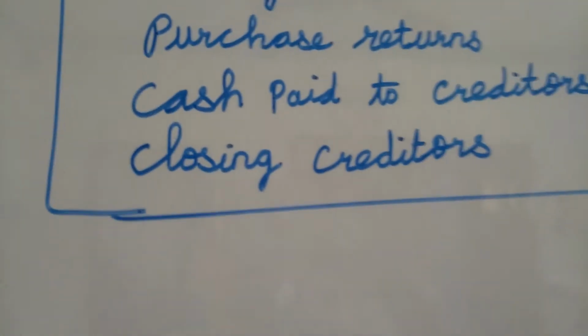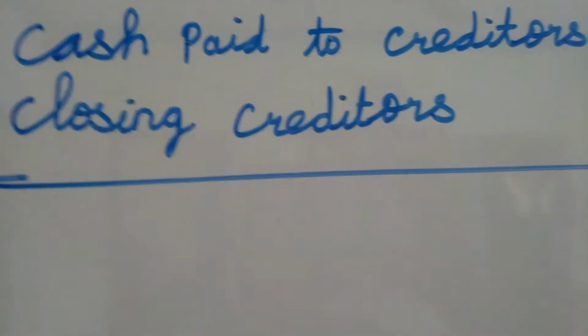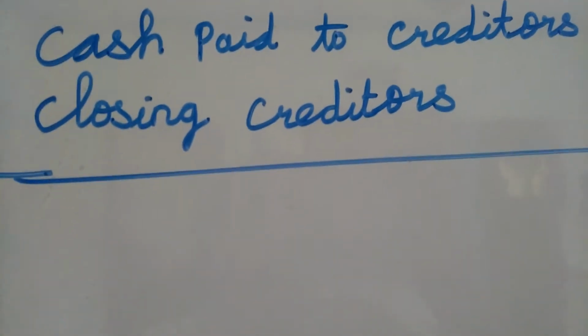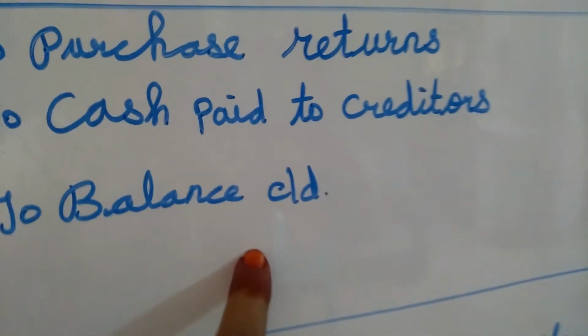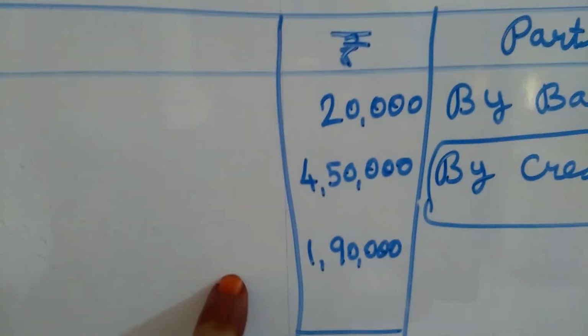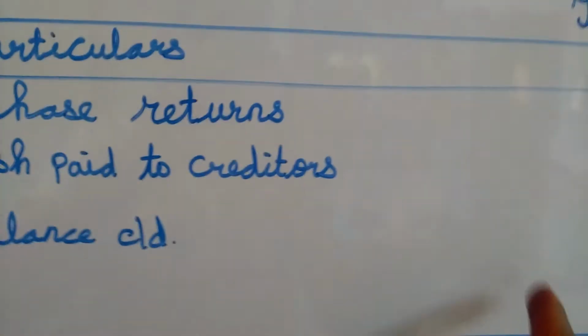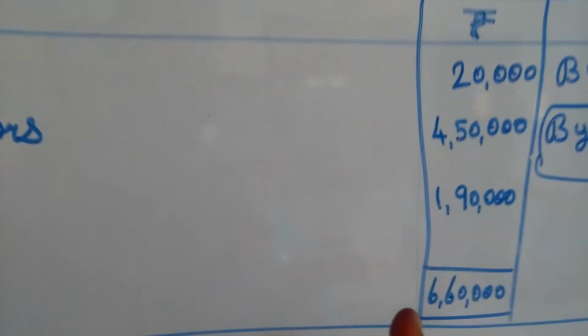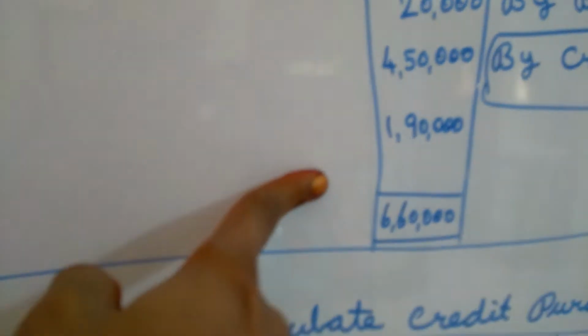And the next one, closing creditors. Opening creditors we already showed on the credit side, so closing creditors will come on the debit side, right? To balance carried down, like this we write 1,90,000. If we add these three items, 20,000, 4,50,000, 1,90,000, we get